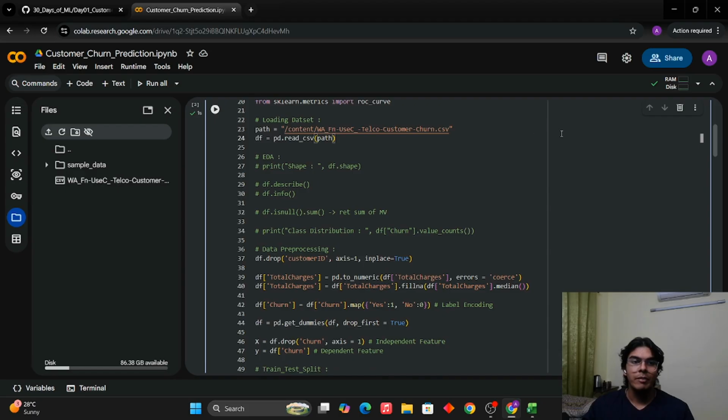First of all, we load the dataset, pretty simple. This is the dataset right here. I copy the path and upload it right here in order to keep the dataset stored here. This is temporary, so in order to have this as permanent, we can save it to Google Drive. But that's again a thing of the future.